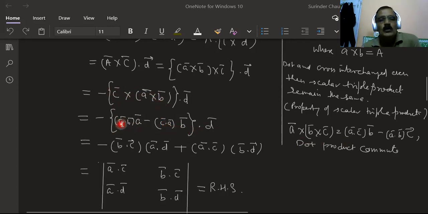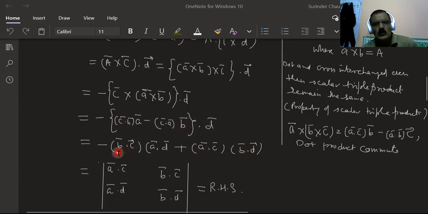Now c dot b is a scalar quantity, a real number, and c dot a is also a real number. Now if you find the dot product with these vectors, we don't commute while multiplying vectors in vector calculus. So this is equal to the scalar a dot d, with the minus sign outside, giving minus and plus signs. Here c dot a is equal to a dot d, since dot product commutes. So this is equal to b dot d.